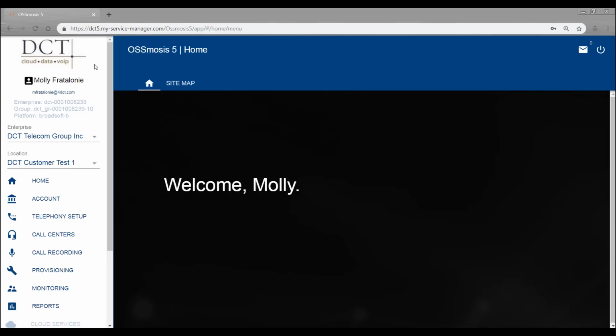Today we will be reviewing the DCT OSSmosis 5 Service Manager Portal. This is the new application you will be utilizing to make any administrative changes to your DCT cloud phone system. On the left-hand side is where all navigation options will be for you to conduct your different changes within this